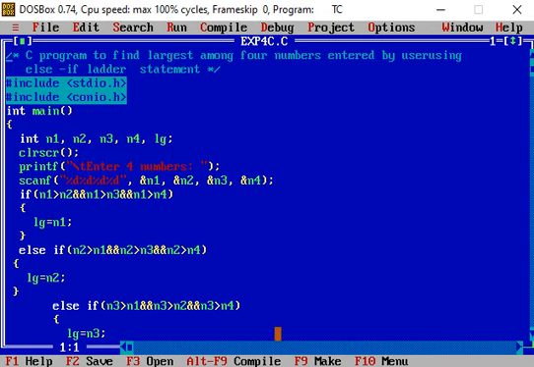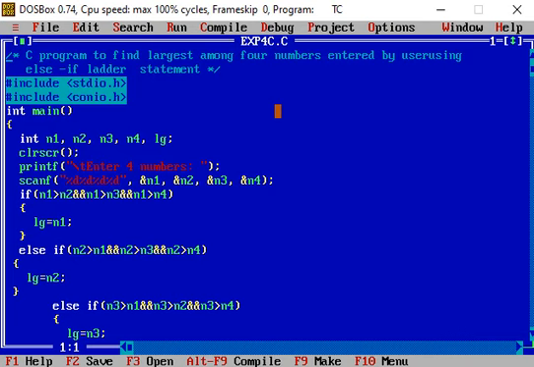So let us try to understand how to find the largest from the four numbers using the if else ladder. In this program we include the standard stdio.h and conio.h using the preprocessor directive #include.